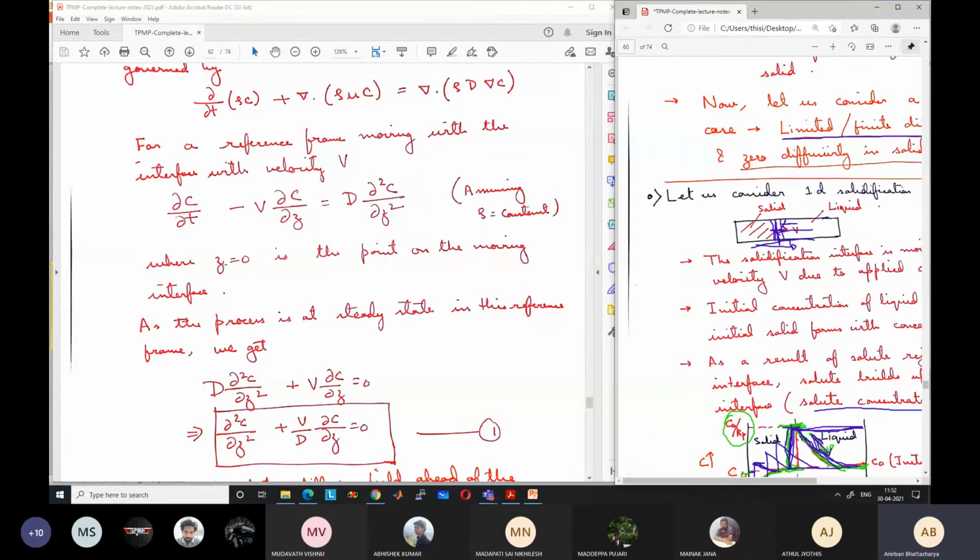So from this reference frame, what do you see? You see that the interface is always at the 0 point and the flow comes with certain velocity and it becomes solid. So from your moving reference point, it is a steady state process. That's why we have made the reference frame moving, so that we obtain a steady state process. Although from the absolute reference frame, it is an unsteady process. Because we have changed the reference frame, we see it as a steady state process. No change is occurring with time.